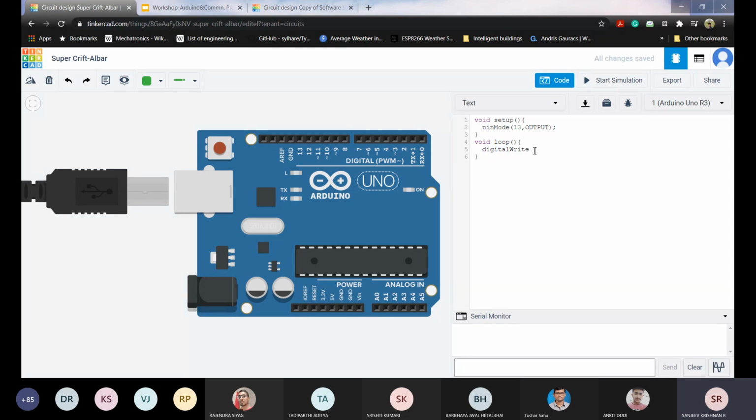Just to learn the structure of the program, I'm making you do this. We use a function called digitalWrite, where W is capital, to give out digital outputs. We are going to give digital output to pin number 13, and we are going to make it HIGH.